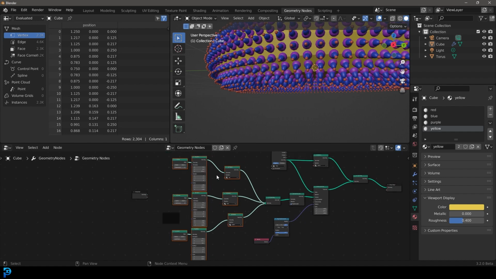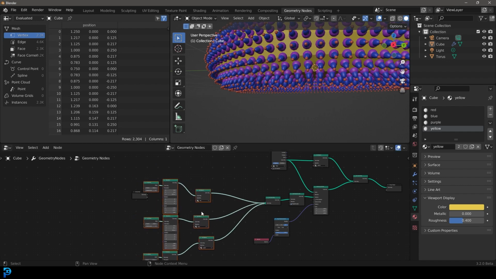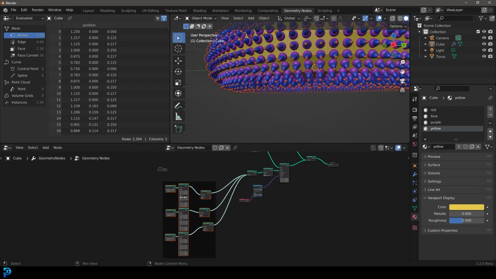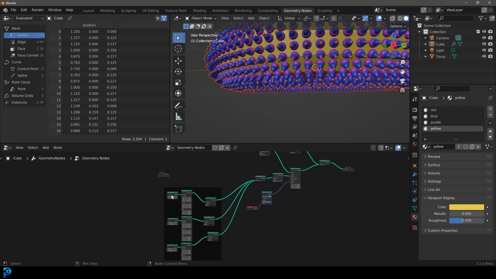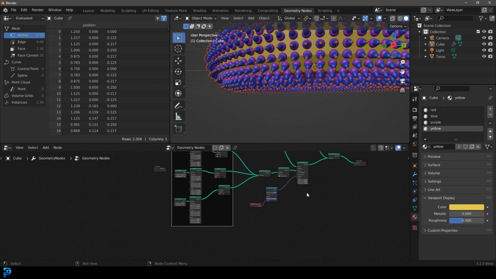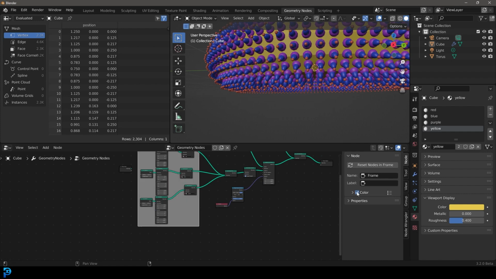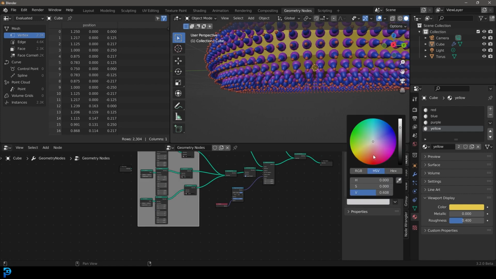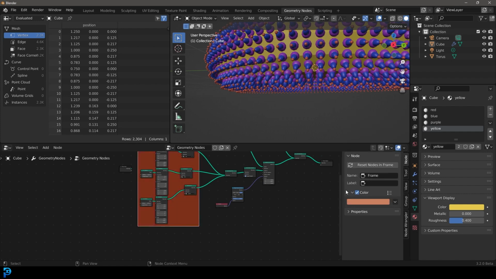Let's just take them and press G and just move them on top of that frame there. So they should go right into the frame. Then just click on the frame itself. Then go G to move it up like this. You can press N to go to your properties panel, give it a color here, go to the drop down. Let's just make that orange and let's just call it something like